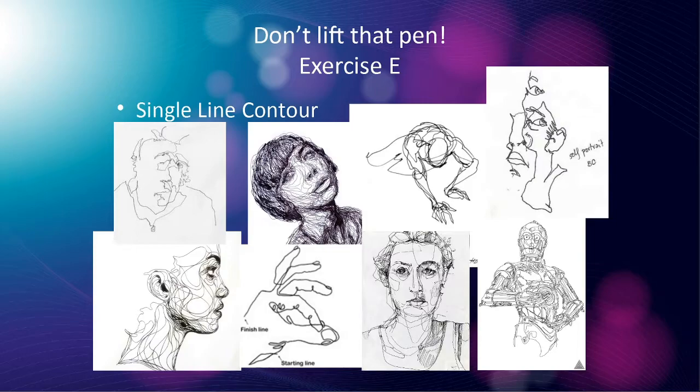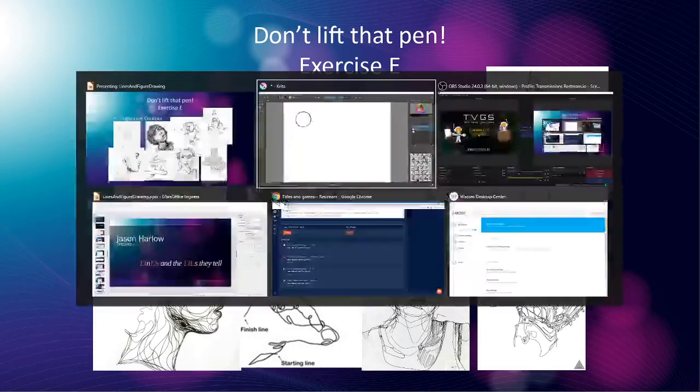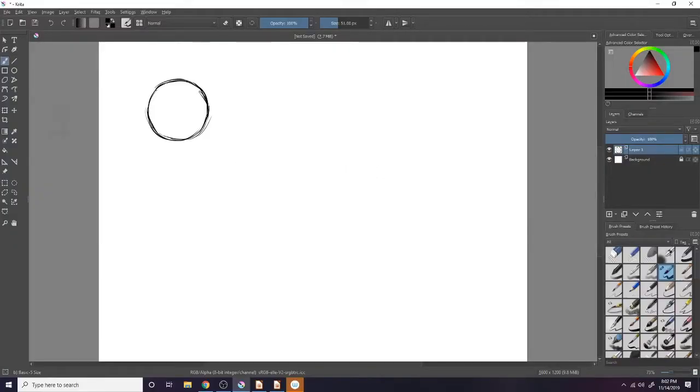And this person did the same thing, right? I'll change my line to a squiggly line to indicate this hair here, and be less squiggly or more squiggly in darker areas or lighter areas. This person didn't pick up their pencil, and they used the lines to create bright and dark areas. So the implied shadows in here and the highlights and reflections and stuff. So let's try and make an image where we don't pick up our pen or pencil at all. And you can look at your drawing as often as you want. It's better if you look at your object and draw your object. All right, here we go.